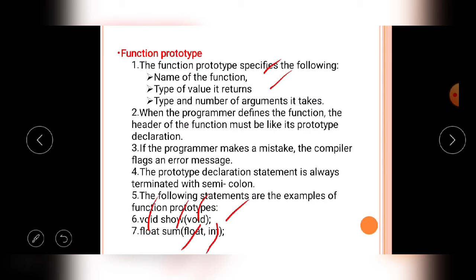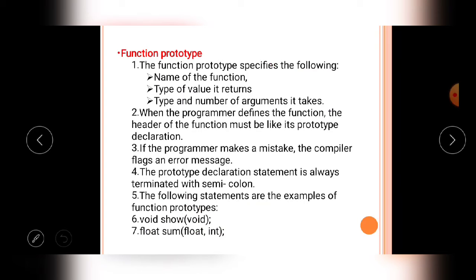Then when the programmer defines the function, the header of the function must be like its prototype declaration. One more rule while constructing a user defined function: the prototype declaration must match the header of the function definition.